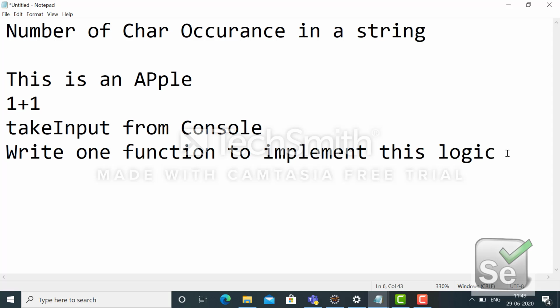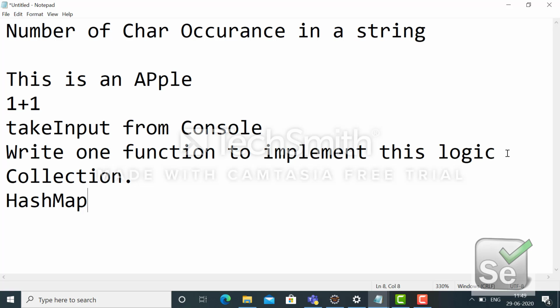And here we will apply the collection concept, especially HashMap. So what is HashMap? HashMap is a collection class, basically. It implements the Map interface. There are other interfaces also, which we will describe in a different session. And in HashMap, it takes two things: one is the key and another is the value pair.